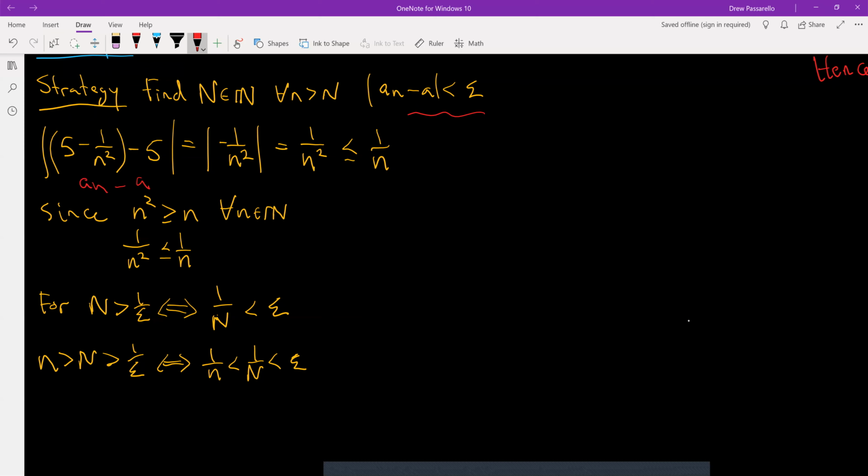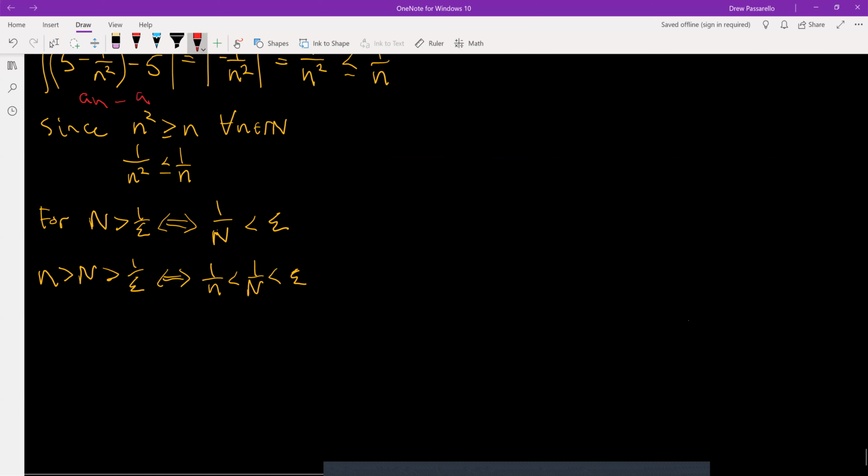So for little n bigger than capital N, which is bigger than 1 over epsilon, we have 1 over little n less than 1 over capital N, which is less than epsilon. We're using the same kind of N as last time. So the proof